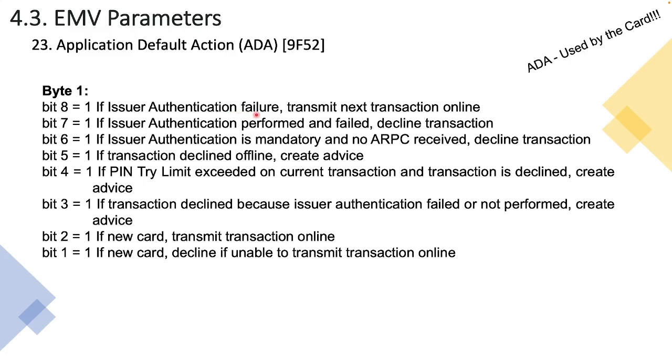This will cause a flag to be set on the card, so that the next time the card is used, it will be forced to go online. Online mandatory, right? If issuer authentication performed and failed, decline transaction. If issuer authentication is mandatory and no ARPC received, decline transaction. Okay. If transaction is declined, offline advice. If pin try limit exceeded on current transaction and transaction declined, credit. Right. So basically, I'm not going to read through everything, but basically,